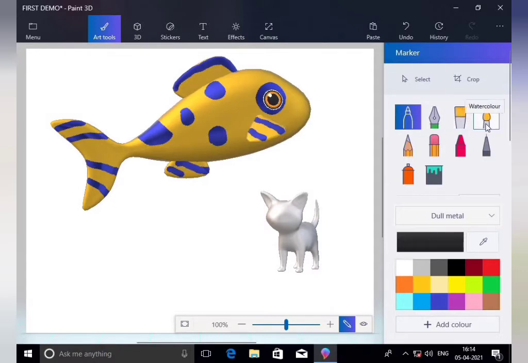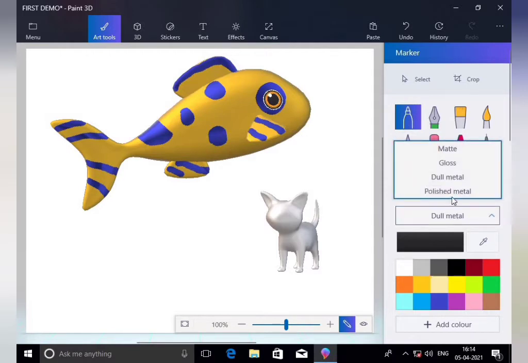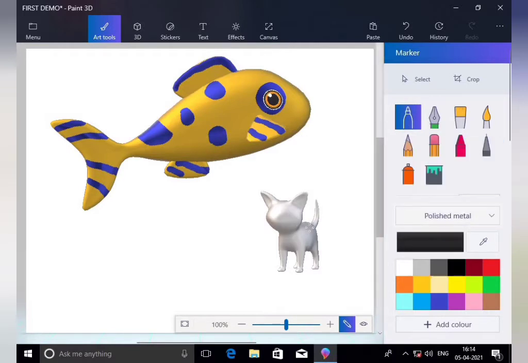It is water color brush, pencil, eraser, crayon, pixel pencil, spray can, and it is fill color. So we use a fill color. Now we use marker for drawing dots on the cat with the polish matte. Okay. For example, I have to draw a dot here.